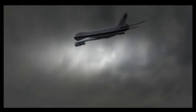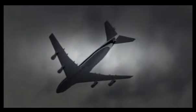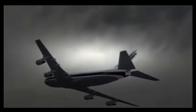The pilots fight desperately for control of the aeroplane for 32 terrifying minutes. They manage to keep the plane aloft, but with no hydraulics, they can't control the plane's up and down or side-to-side movement. Eyewitnesses on the ground later report the plane was flying